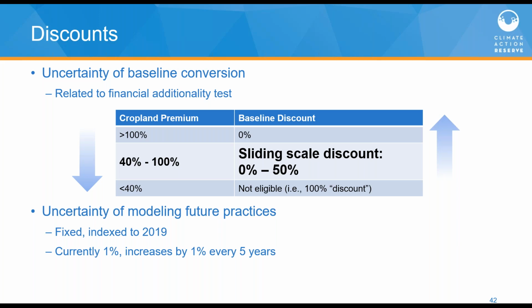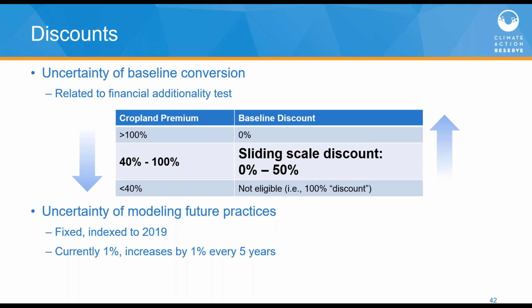There's 2 discounts that are built into the baseline emissions. The first we've already covered. This is the cropland premium and that discount related to the uncertainty of baseline conversion. The second discount here is the uncertainty of modeling future practices. So there's inherent uncertainty around what was done here to take